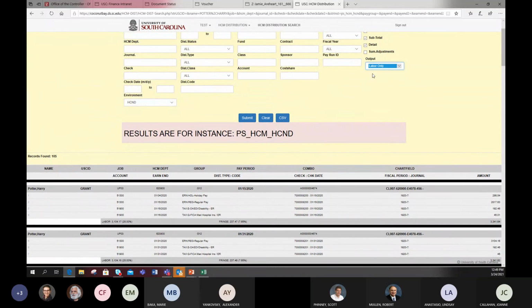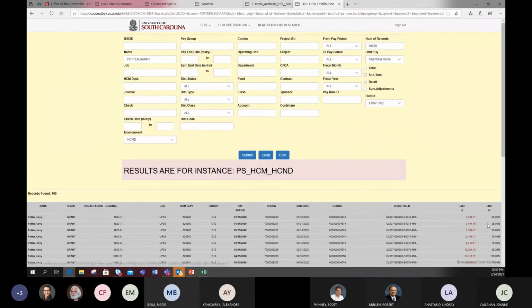If I only wanted to look at labor, I could just do labor. If I'm not concerned with fringe, I could switch the output to labor only, and then it just gives me labor. But I'm going to go back to just the default, and then I'll show you